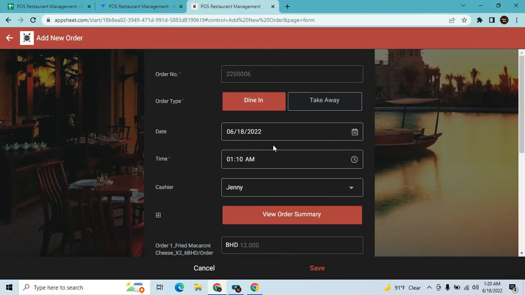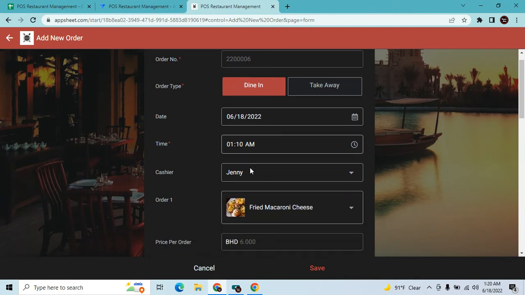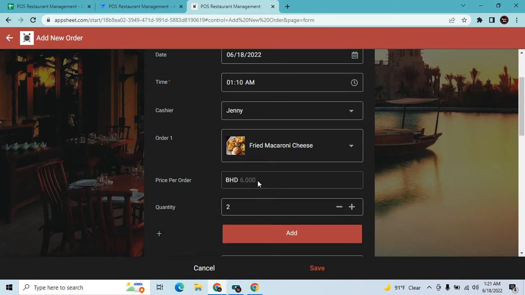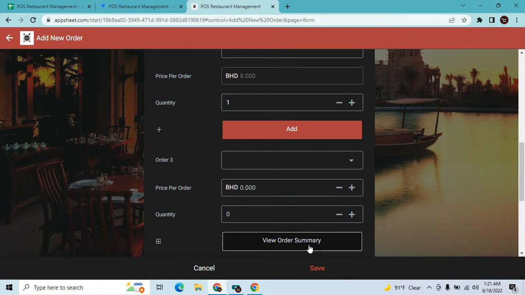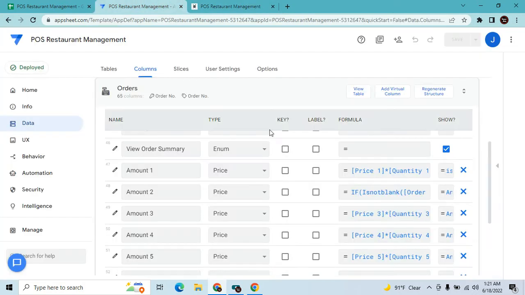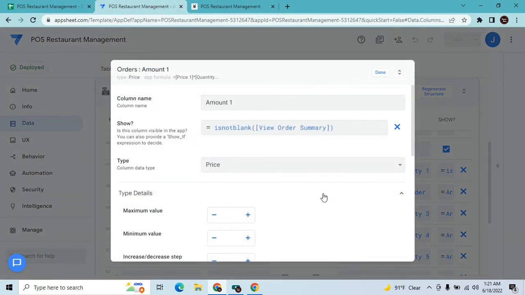Then here, amount one is the price of your order one, I mean the total amount of your order number one. See, in order number one, this is the total amount. Let's say the price per order is 6 times 2, which equals 12. So you can see, if you click the order summary, this is order one. Two items, it's 12. And the formula for that, we will show only if